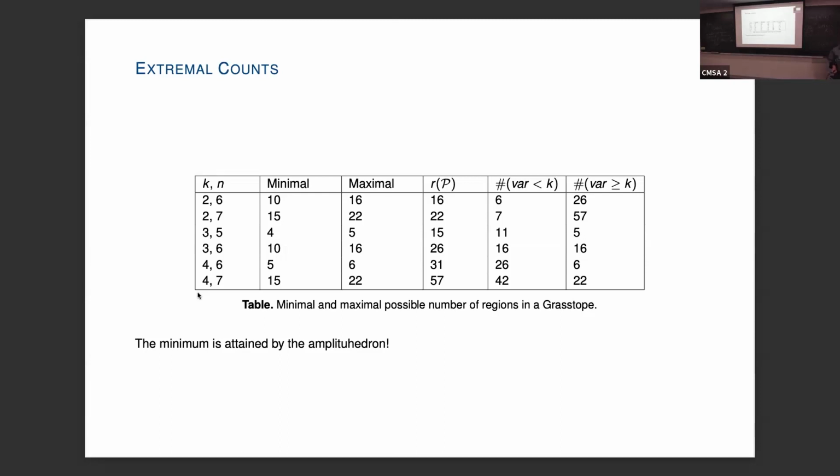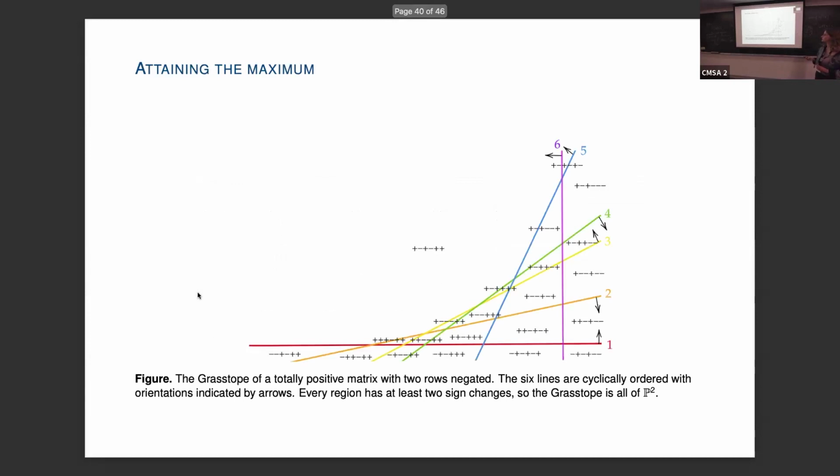And in our experiments, in most situations, the maximum is always attained by every isomorphism class. But for the ones where it does depend on the isomorphism class, the maximum was always attained by also starting with an amplituhedron arrangement, so a cyclic hyperplane arrangement, and then just doing a reorientation of some of the hyperplanes. So for example,